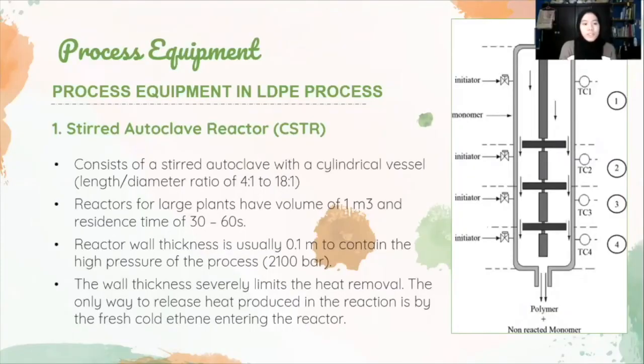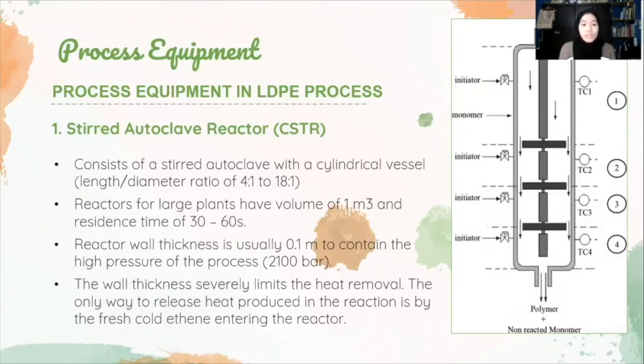Moving on to the process equipment used in the LDPE process. The first main equipment used is the stirred autoclave reactor, also known as CSTR. The CSTR consists of a stirred autoclave with a cylindrical vessel with a length over diameter ratio of 4:1 to 18:1. The reactors for large plants usually have a volume of 1 cubic meter and a residence time of 30 to 60 seconds. The reactor wall thickness is usually 0.1 meter to contain the high pressure of the process, which is around 2100